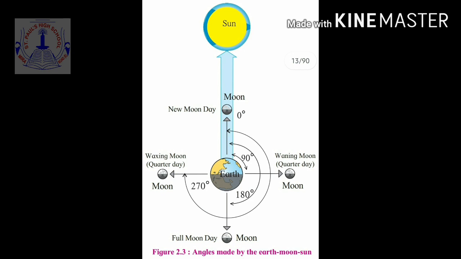While revolving around the earth, the moon is on the opposite side of the sun on a full moon day, whereas on a new moon day it is positioned between the sun and the earth. On the first and the third quarter days, the moon, the earth and the sun make an angle of 90 degrees. At these positions, we see half the portion of the illuminated moon. Hence, in the sky it appears semicircular in shape. Figure 2.3 explains the same. When you look at the diagram, you see the phases of the moon and you will see what angle they make. They make an angle of 90 degrees, 180 degrees. So it depends on the position where it is placed.